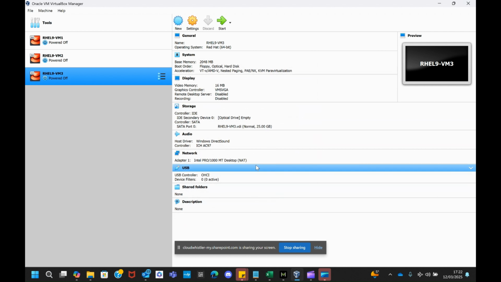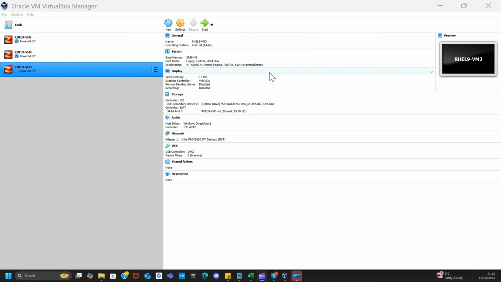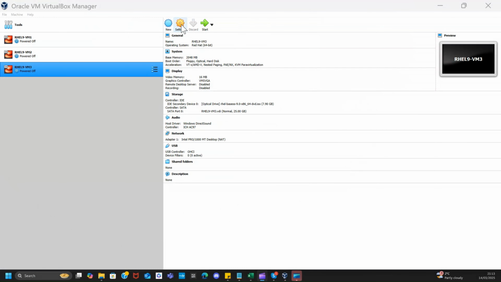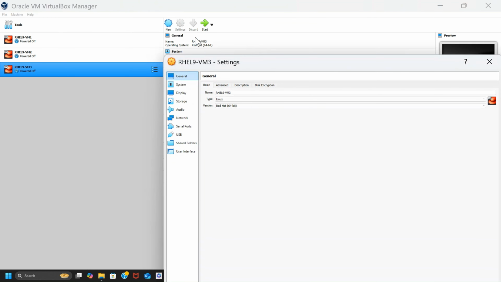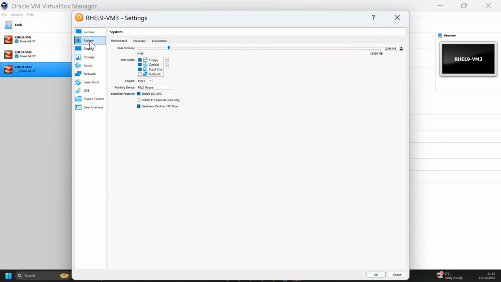Once you have created it, it will show on the left. All you have to do now is go on to the settings tab. Once the settings tab opens, I want you to navigate to the system option. So click on system and ignore everything. Just go on to the pointing device and change this to USB tablet so that your mouse doesn't get stuck